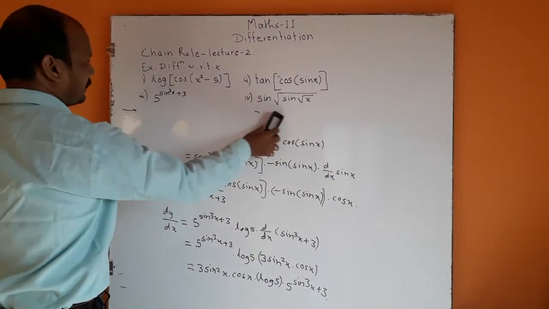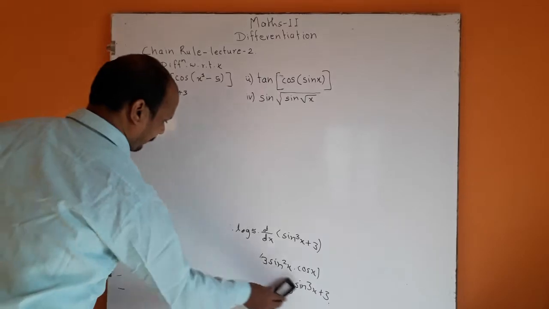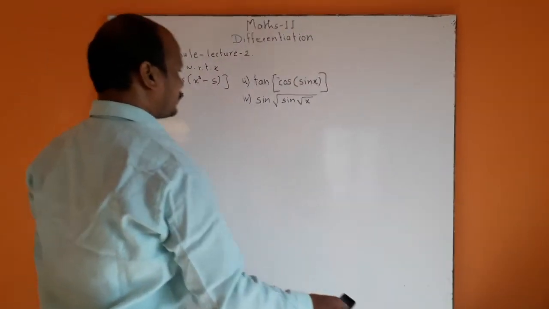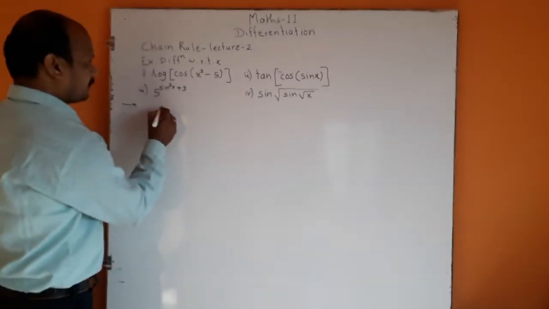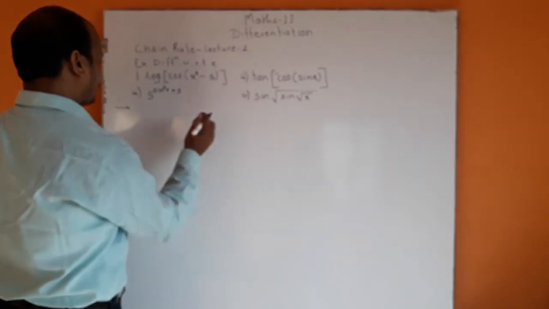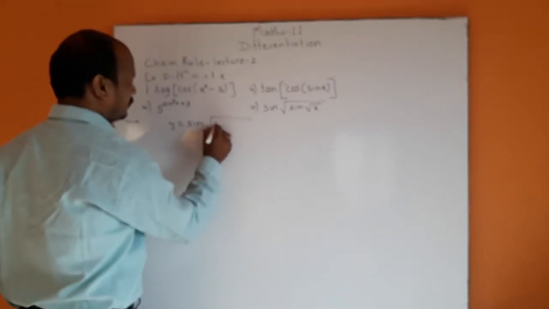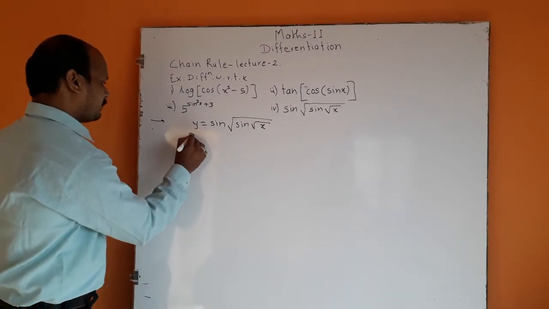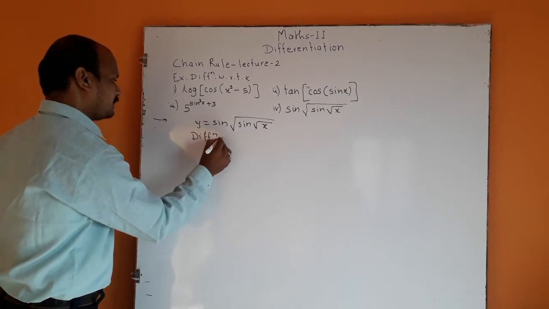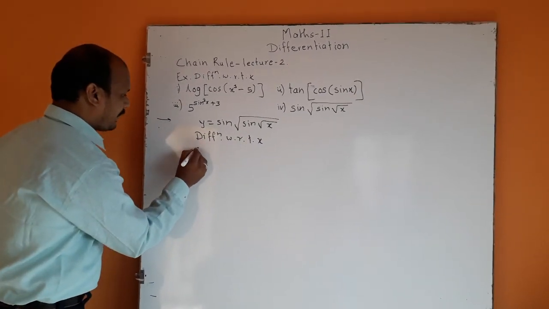Now for the fourth example, sin of root sin root x. Fourth example, sin of root x. Let y is equal to the given function. y is equal to sin of root x. Differentiating with respect to x, differentiate this function with respect to x. We get derivative of y, dy by